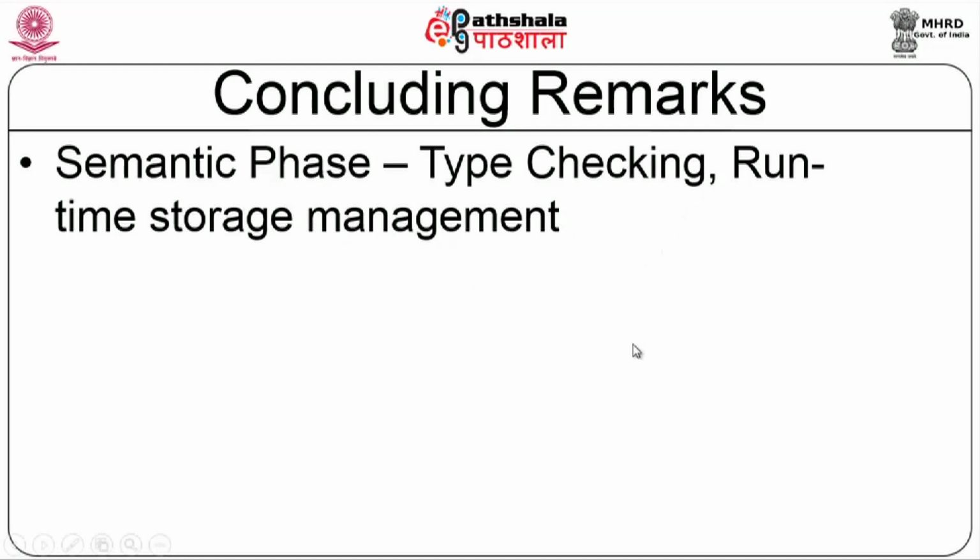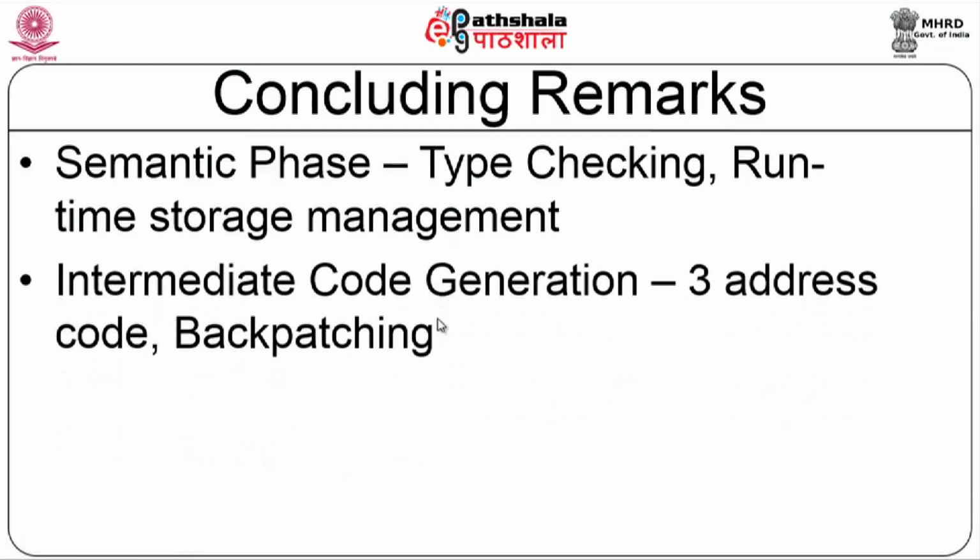We also talked about runtime storage management, on how a function call is handled. And then we also talked about the symbol table and how to remember scope information in the context of the symbol table. That is done with reference to intermediate code generation, where we looked at three address code. We also looked at how to represent this three address code, and how to generate it for all the programming constructs. Everything is converted to an if and a goto. It can be a conditional goto or an unconditional goto. And we also looked at an important concept called backpatching in the context of intermediate code generation.